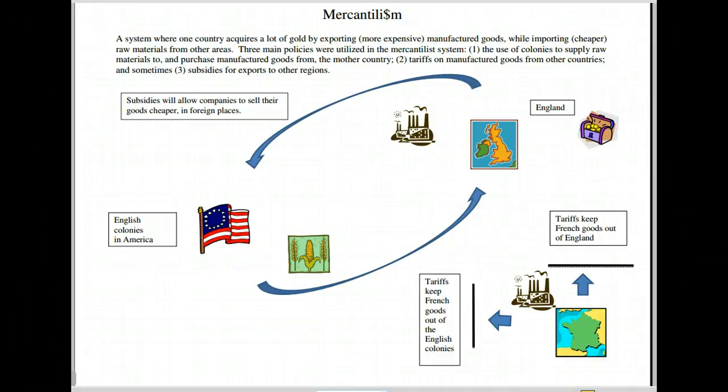As more and more English are working in workshops, taking wool and turning it into clothing, or taking lumber and turning it into ships, there is a greater demand for the raw materials that are being turned into manufactured goods. Remember the colonies that consume the manufactured goods from England, the mother country? They are going to pay for those manufactured goods by selling raw materials to England. And so England's workshops will receive whatever raw materials that England itself can't provide from its colonies, in this chart, America.